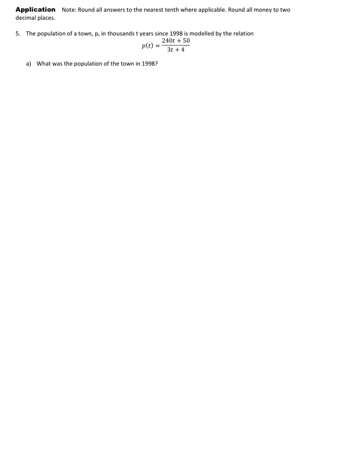The next question says the population of a town in thousands t years after 1998 is given by the following equation: 240t plus 50 divided by 3t plus 4. What was the population in 1998? We know that t is the number of years since 1998, so in this case we know that t is 1998 minus 1998, which is going to be 0. So p of 0 is 240 times 0 is 0, plus 50, divided by 3 times 0 is 0